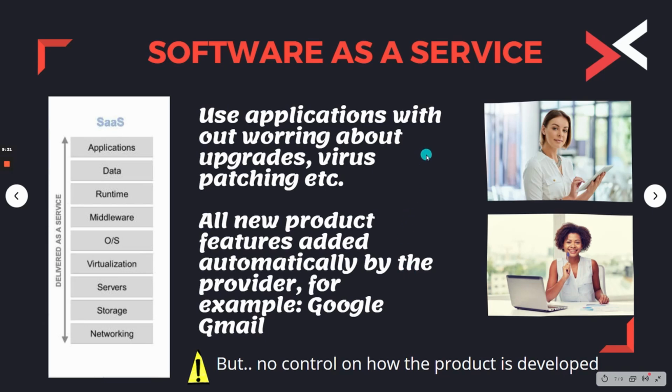So now software as a service, SaaS, says, okay, you use applications without worrying about any upgrades or patching. We'll take care of that. Whenever you need it, just log in, use it. Whenever you want to eat a pizza, just come and have a dine-in, and that's all you need to do. But the problem is, there is no control on how the product is developed. The platform is all under their control. So you don't have as much control as you did with a data center, but there are conveniences, obviously. So you need to play that game to say, what do I want? Do I want to be at this extreme, or can I be in the middle? Or can I get a bit of both? So as an organization, you need to understand that.